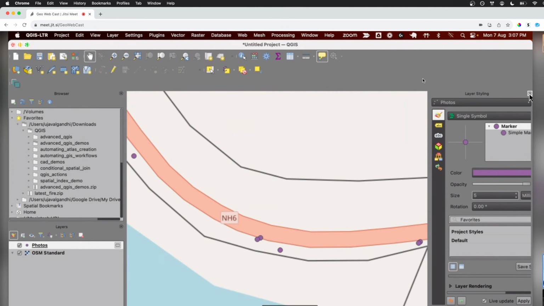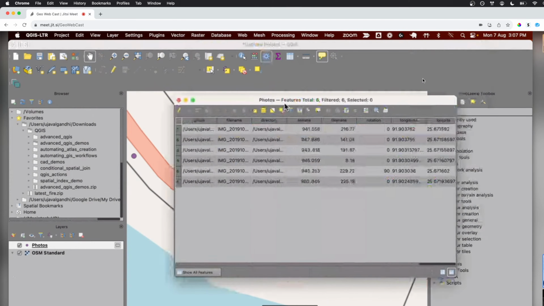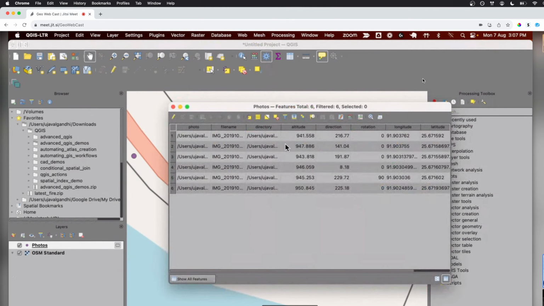If you look at the attribute table that came out, you can see it has the file name, directory. It has also pulled up other metadata such as altitude, if your GPS is tagged. Some apps or even some phones will also save the direction of your compass. I used an app called Open Camera for doing this on Android. On iOS, it just saves it by default. So we have the direction where I stood and clicked the photo.